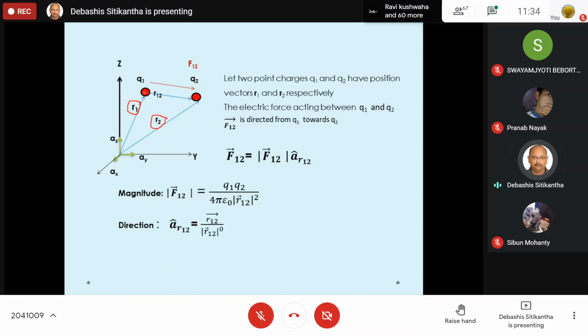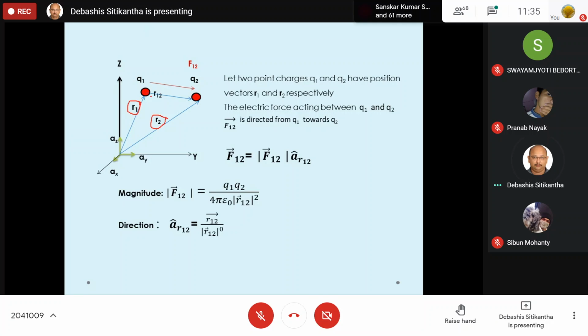This test charge is usually used to test or measure the values of different electrical parameters that we will come across in the electric field, like electric field strength and electric forces. When we are going to find the electric lines of force or the electric field, then we will make use of this test charge. For the time being, we are not concerned with it. So let us concentrate only on point charges. Please remember, a point charge is a point which has either a positive polarity or a negative polarity.